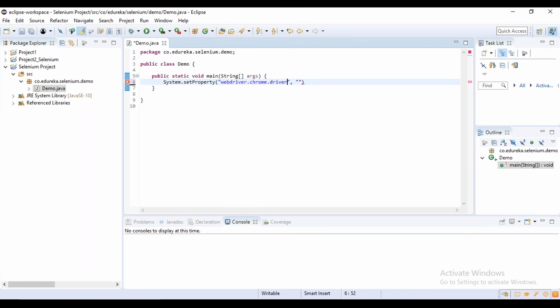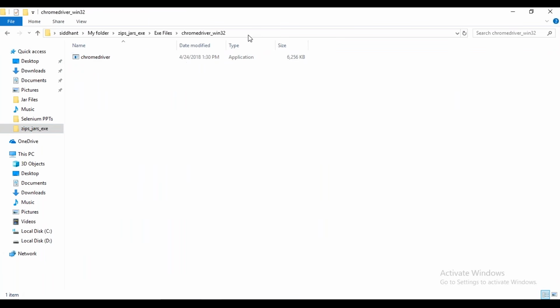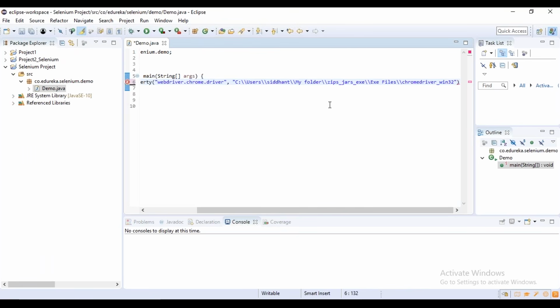Okay. So once I've done that, let me also go ahead and tell the command where to find it. So I'll have to go and find my Google Chrome driver, which is Chrome driver, copy the location for it. This is the location of the folder that it is in, but we need the location of the file. So we'll be adding that. Now that we've done that, let us add the name of the file as well, which is Chrome driver. And what is the type of file it is? It is an exe file. So that's it. We've gone ahead and we have successfully connected the driver to our programs.